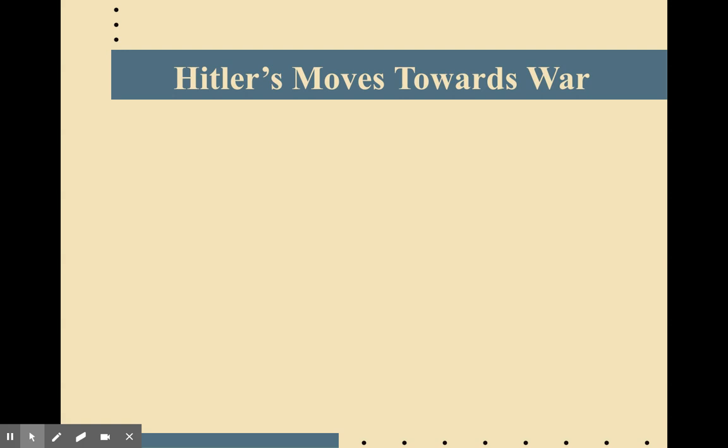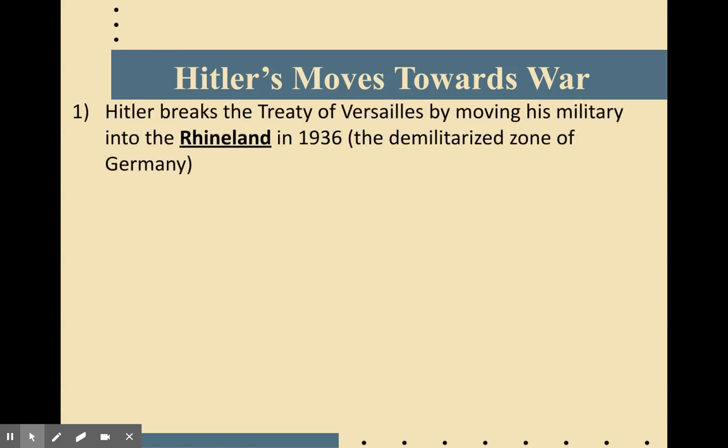In the 1930s, when Hitler comes to power and secures his place as the Führer, right? As the leader of the German people. And what we're going to do, we're going to talk about Hitler's first moves towards war. And I think that the first real move towards war is when Hitler decides to officially break the Treaty of Versailles. One of the things about the Treaty of Versailles that was written and drafted in 1919 after World War I,